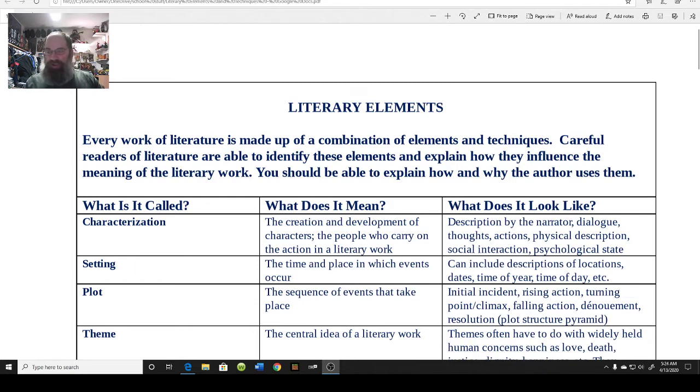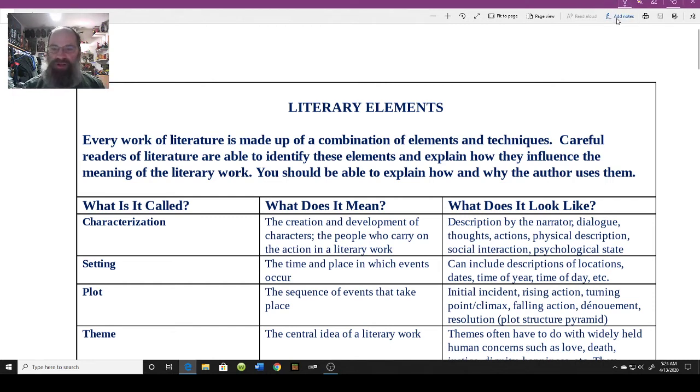This is a little reminder of literary elements versus literary techniques. Two words that are thrown around with rather careless abandon. There is a difference between the two. So to begin,